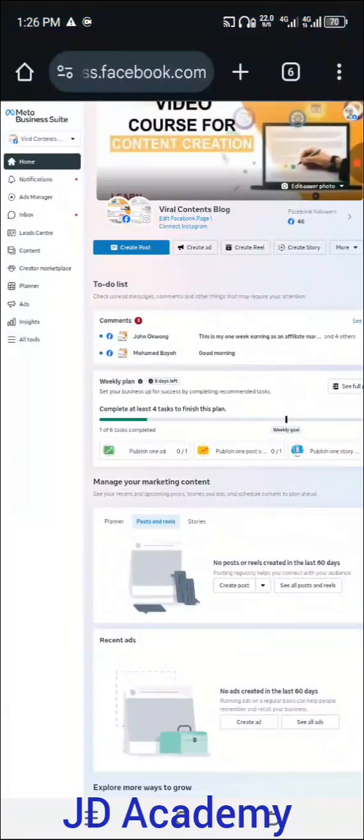So you might want to ask, what is a pixel or a data set? Well, a pixel is just like a police officer, like a security guard who tracks all your website visitors. This pixel is set up on Facebook, but it is linked from Facebook to your website that people are clicking on. When you are running Facebook ads, you use your website or your landing page link. People from Facebook will first of all land on your landing page or on your sales page